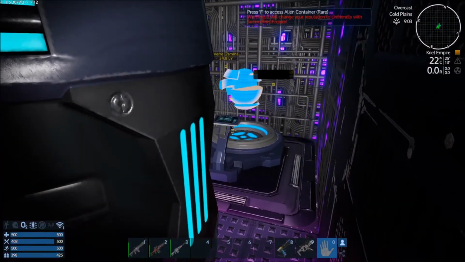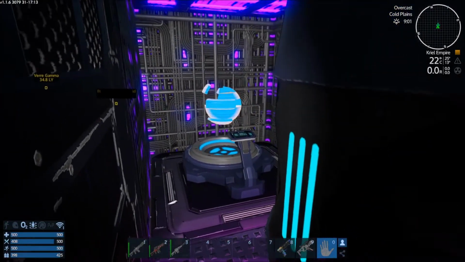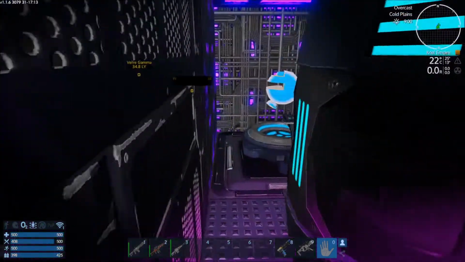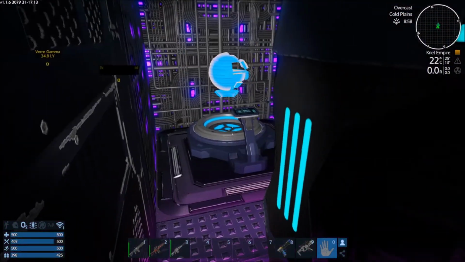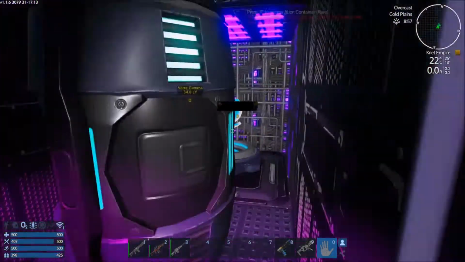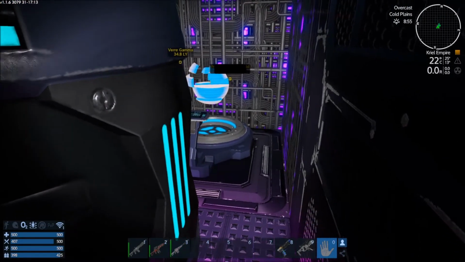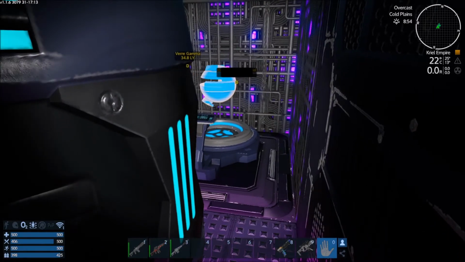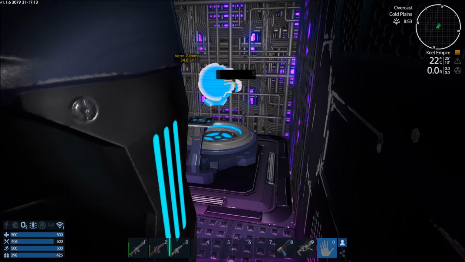Oh, there's a... I can't get past this container. There's a rare container here, but behind it is a... what do you call it? The little control panel you can talk to, with a little spinning globe thing that's broken apart. Looks sort of like...